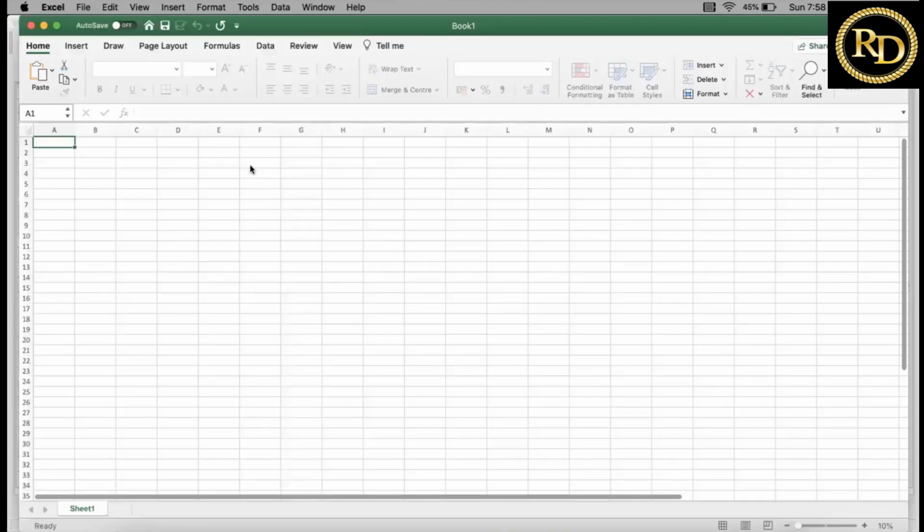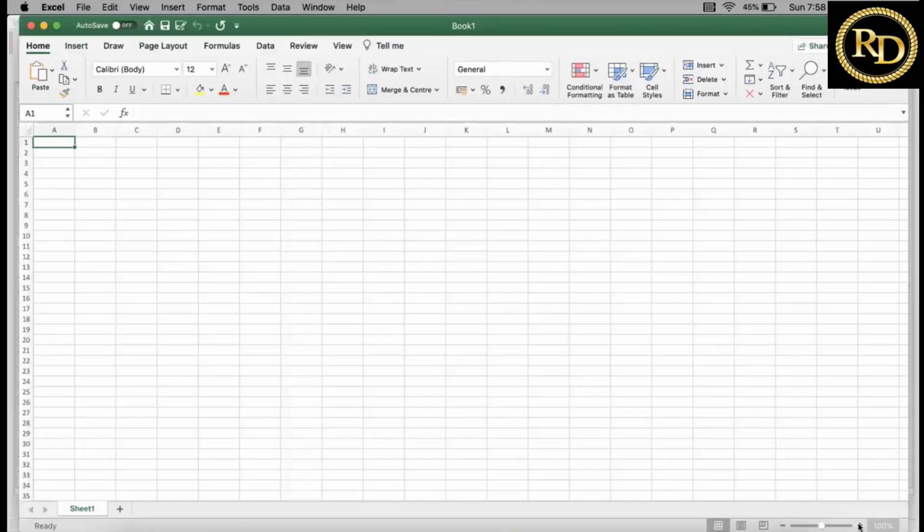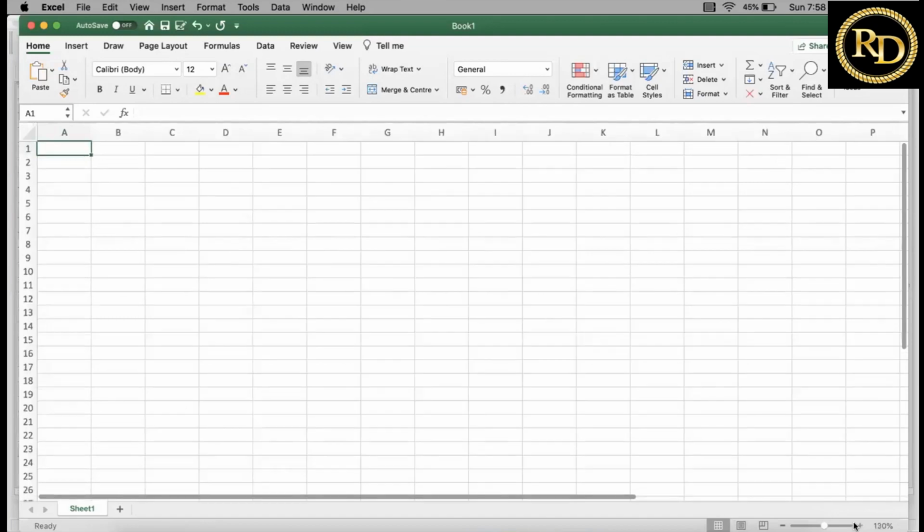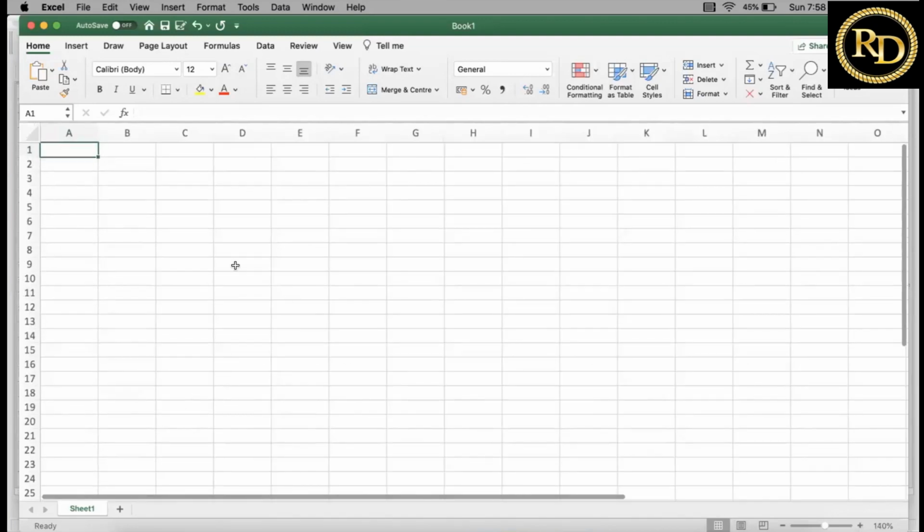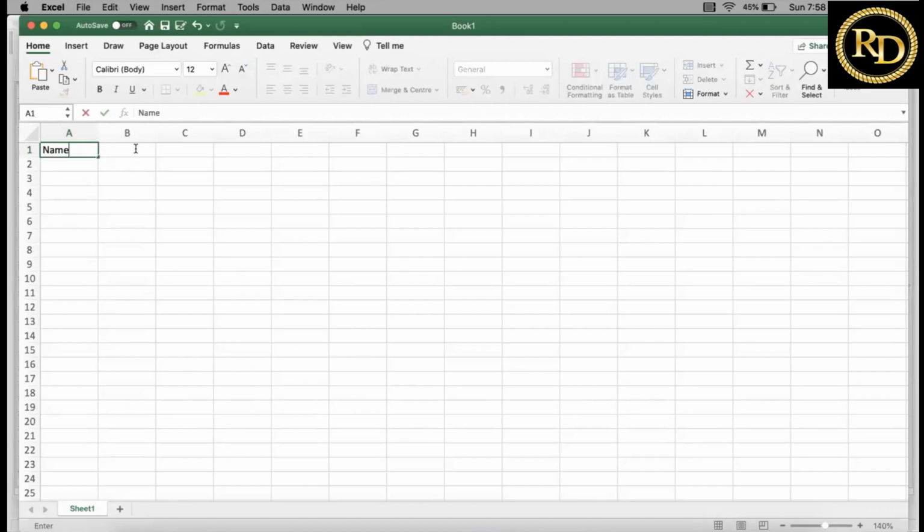So let me open an Excel sheet and try to enter some data. The first data set has the name, age, place of residence, height, gender, and mobile number.